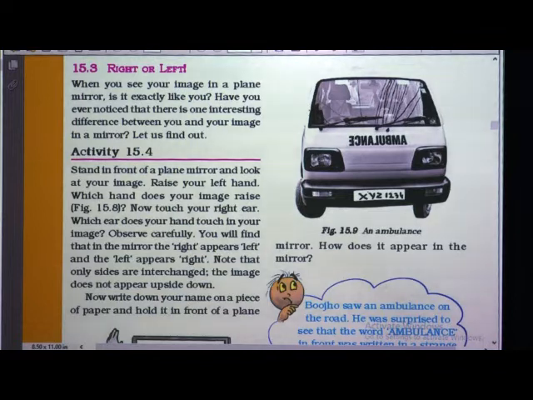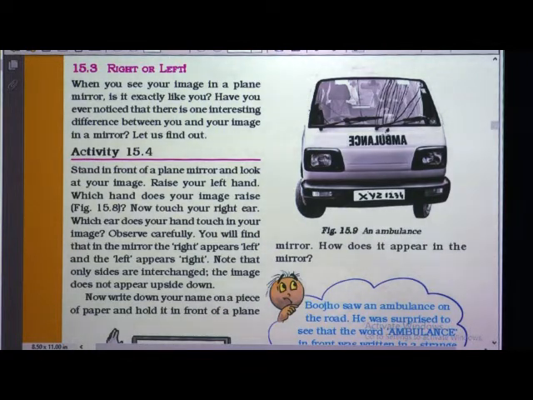We always write words from left to right. But here you can see this word is written in exactly the opposite direction, which means from right to left. Why is this so? Because when any person is driving in front of this ambulance, when he